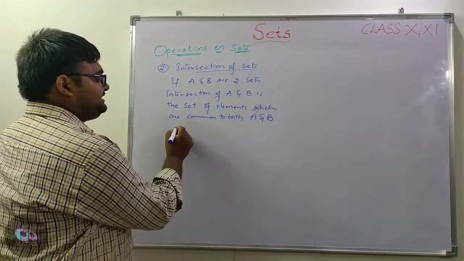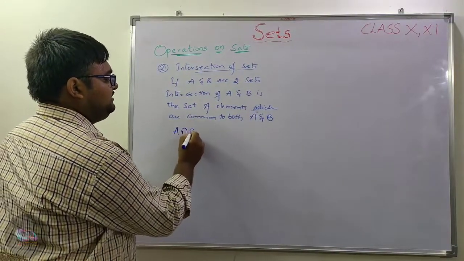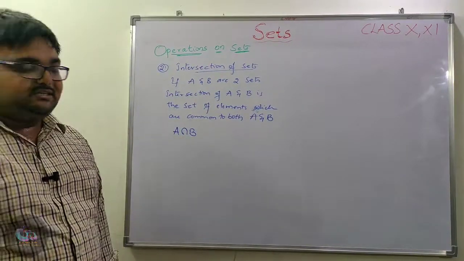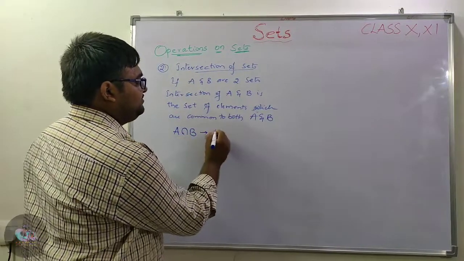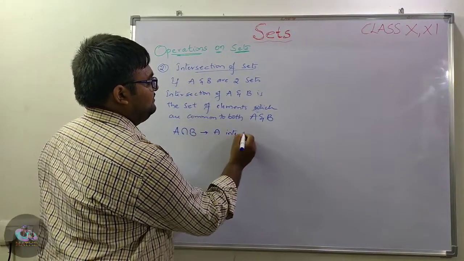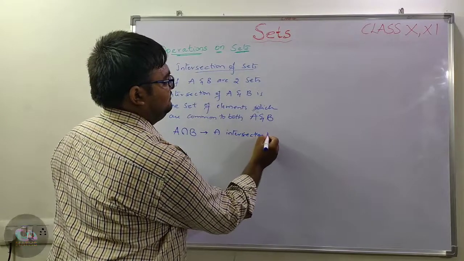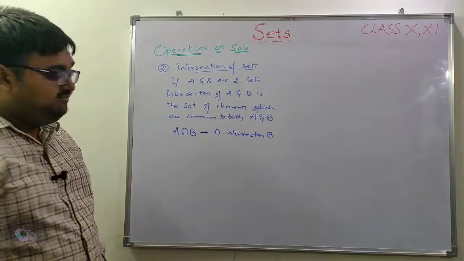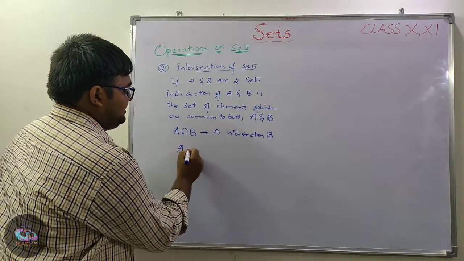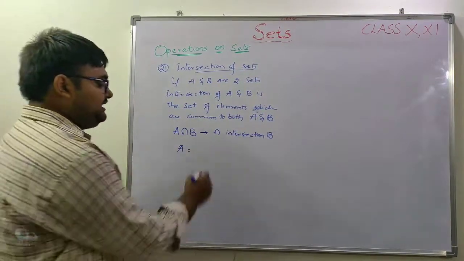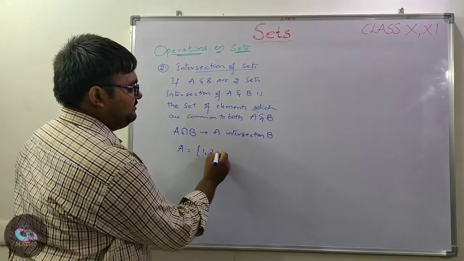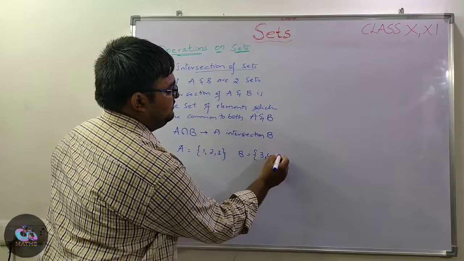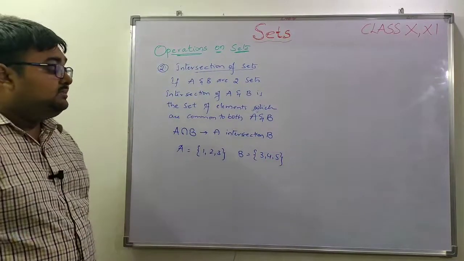Now this particular intersection is represented by the symbol, the inverted version of union, which is intersection. So we read this as A intersection B. If we take the same example which we have taken previously, where set A contains 1, 2, 3 and set B contains 3, 4, 5,